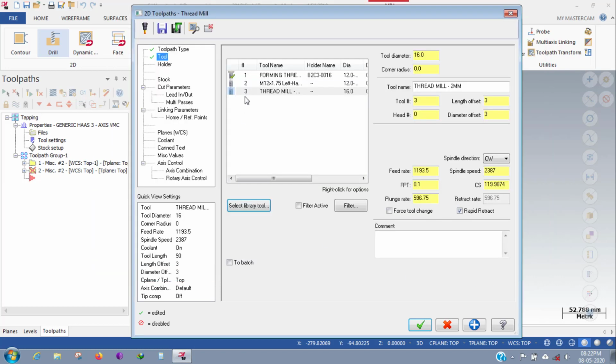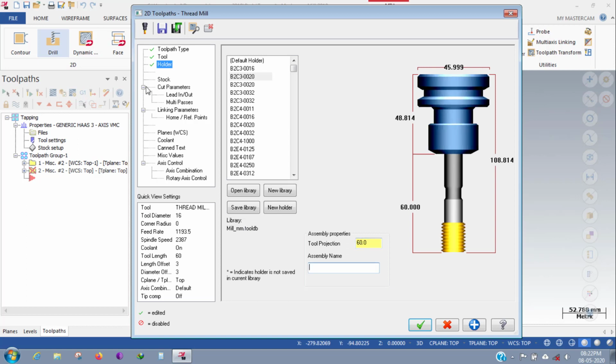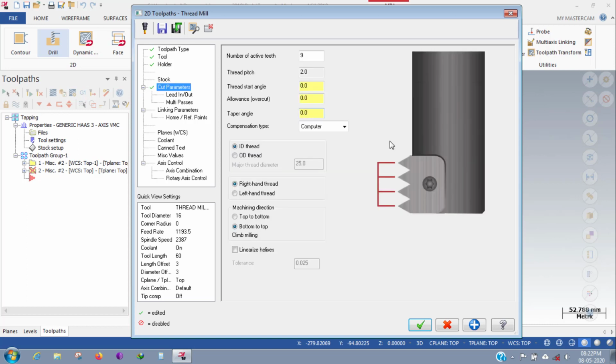For the holder, I'm going with B2 and giving 60 mm. In stock and cut parameters, the pitch is automatically fetched from the tool.